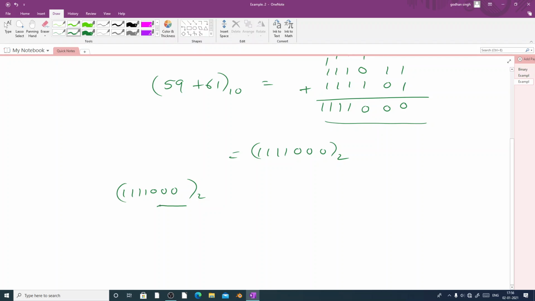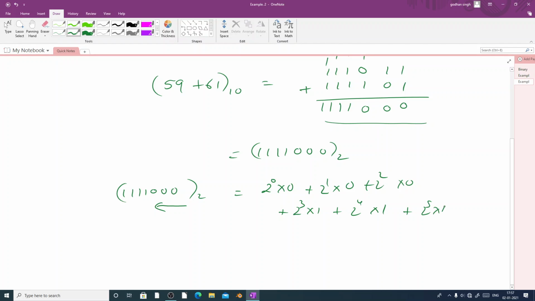So we'll mark an arrow towards the left. For the decimal number system we know the method, so we'll be multiplying 2 raised to 0 with 0 plus 2 raised to 1 into 0 plus 2 raised to 2 into 0, then plus 2 raised to 3 into 1, then plus 2 raised to 4 into 1 plus 2